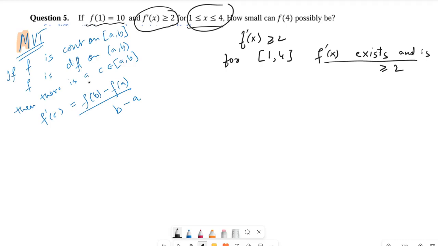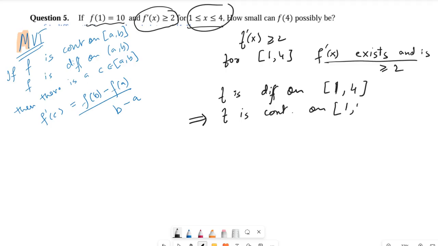If it exists, we can claim that f is differentiable on the closed interval 1 to 4. And differentiability always implies continuity, so f is also continuous on the closed interval 1 to 4. So both the conditions of MVT are verified. So we can claim, using our conclusion, that there is